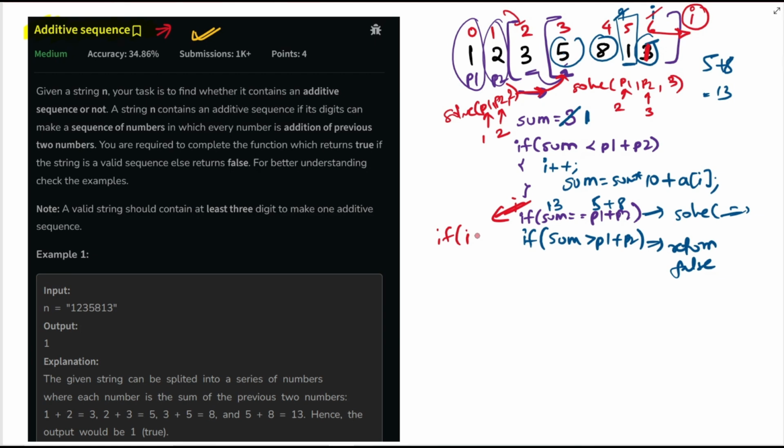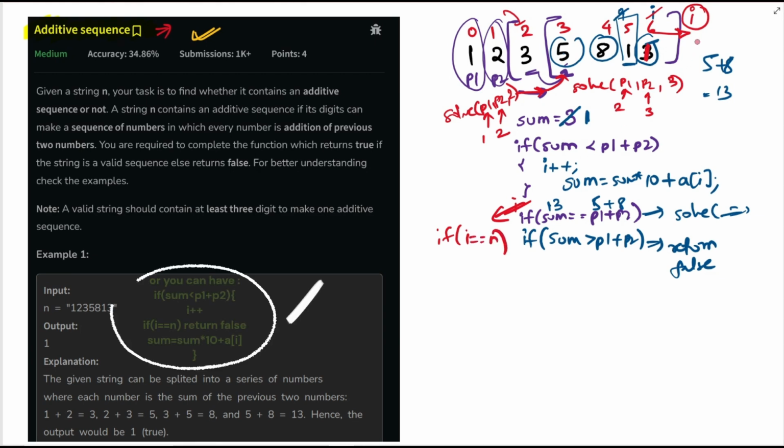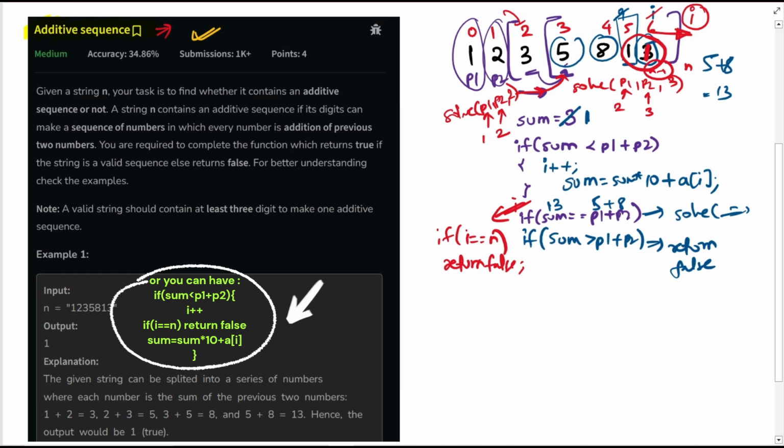So if I is actually equal to n, okay, so this is n, this is n minus 1. If my I crosses the boundary, I would say that return false. Why? Because I have a less sum right now, and that is the reason I'm trying to make the sum more positive, right? Make the sum more positive. And I'm not getting it. I don't have any more number of elements, and that is the reason I now have to return a false,